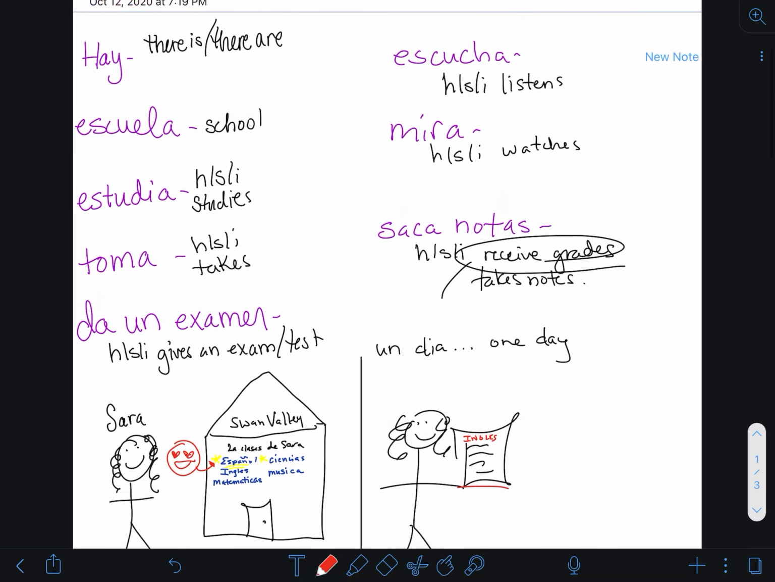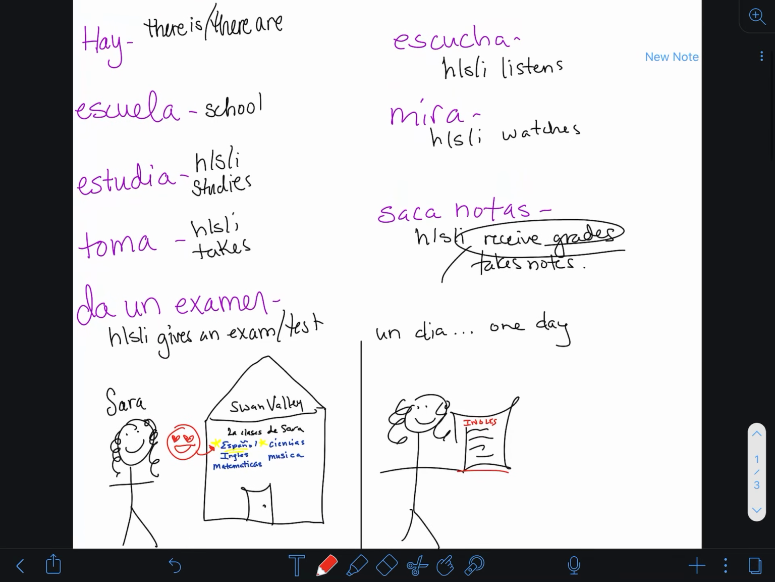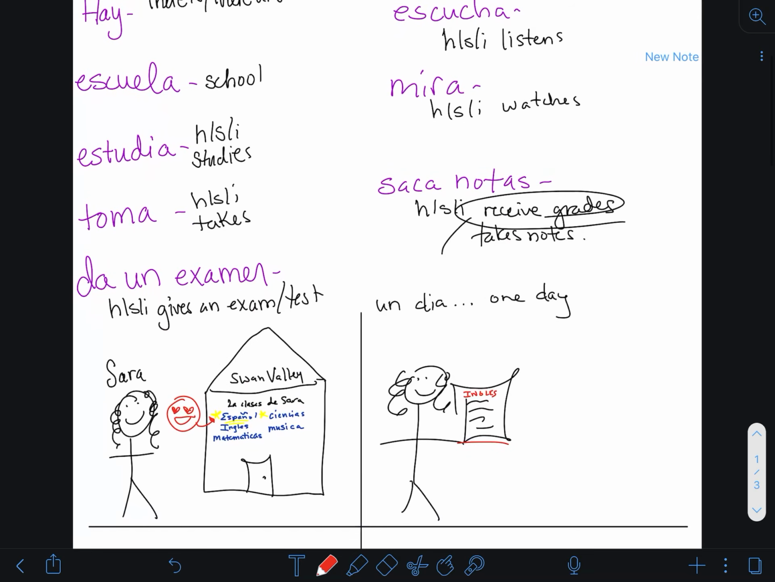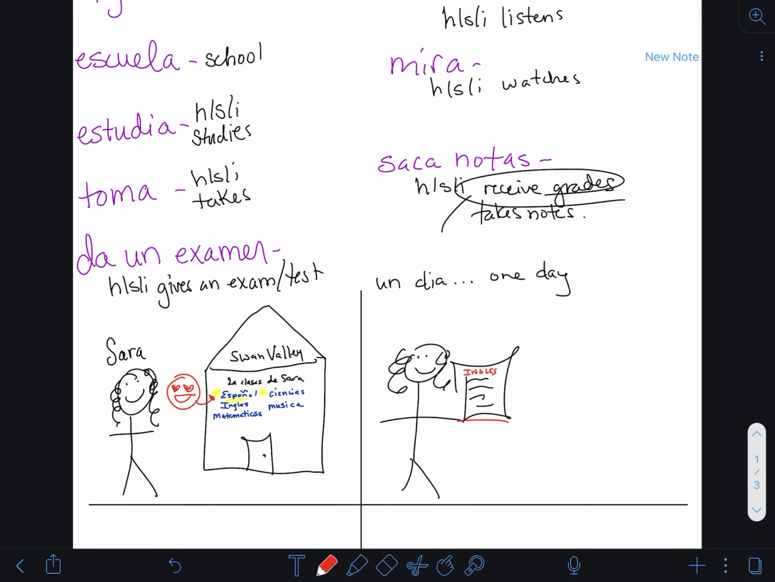Sara estudia mucho. El profesor de inglés da el examen. Y el examen no es fácil, right? We should remember these words. El examen es difícil. So Sara